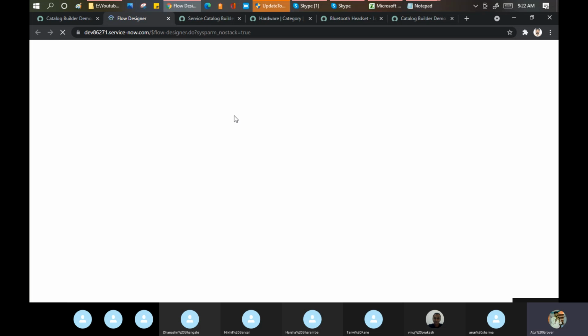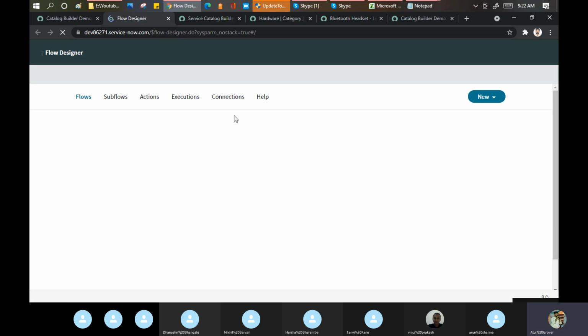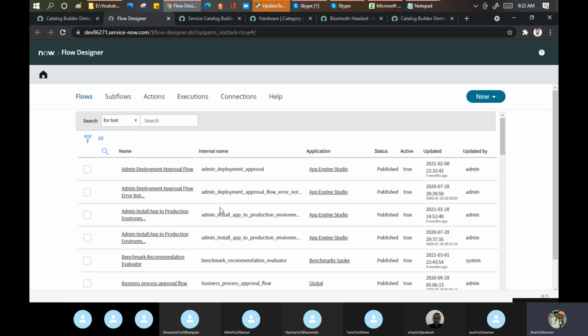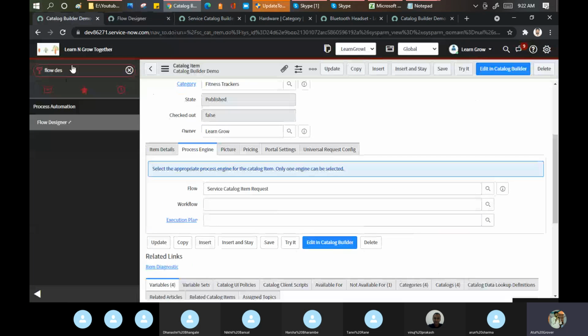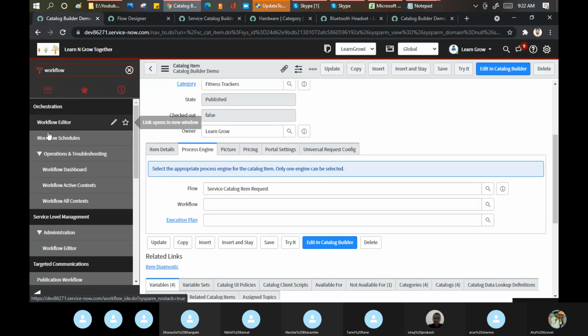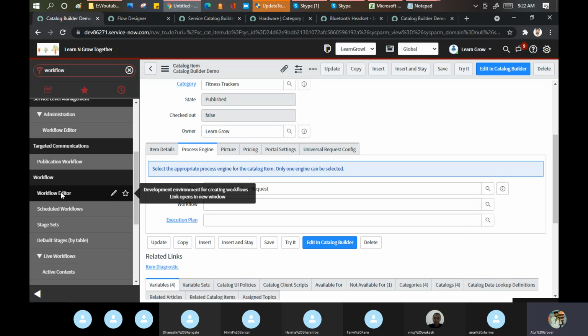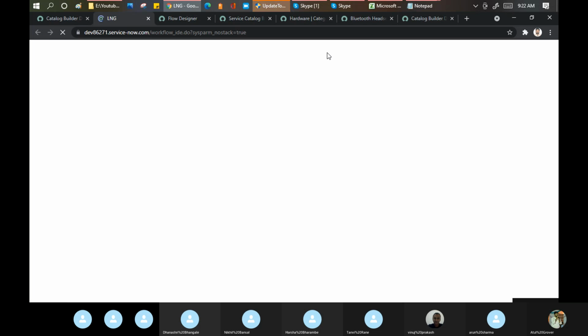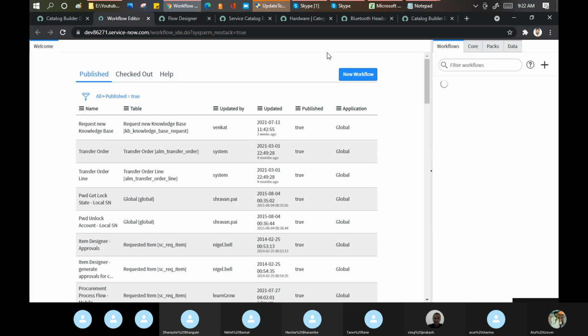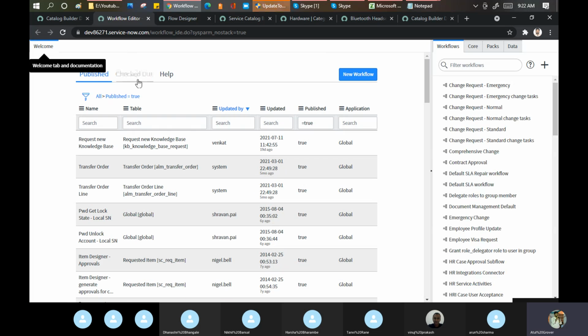Let it load. These things take a little time to load here. Okay. For this, let me open the workflow as well in parallel, just to show you. Okay, we have three things: publish, checkout, help, new workflow.